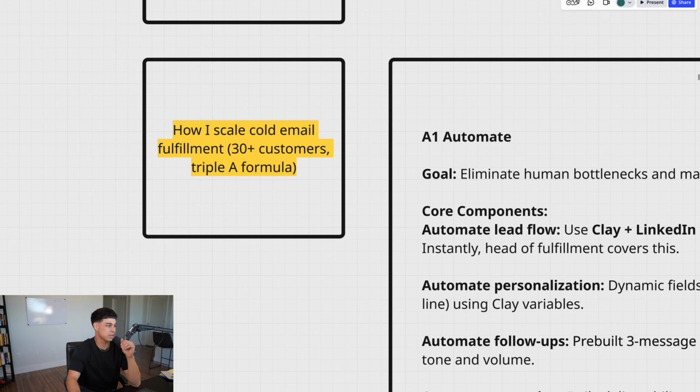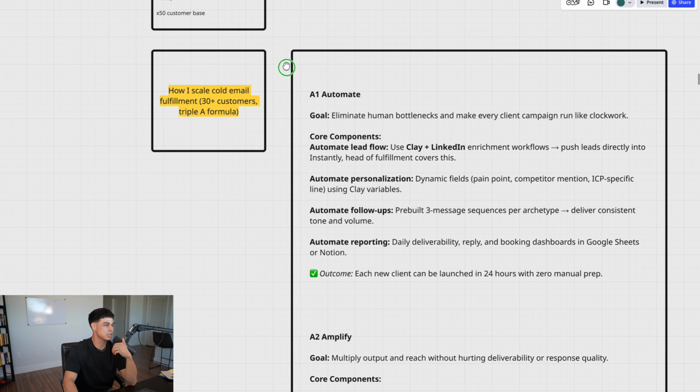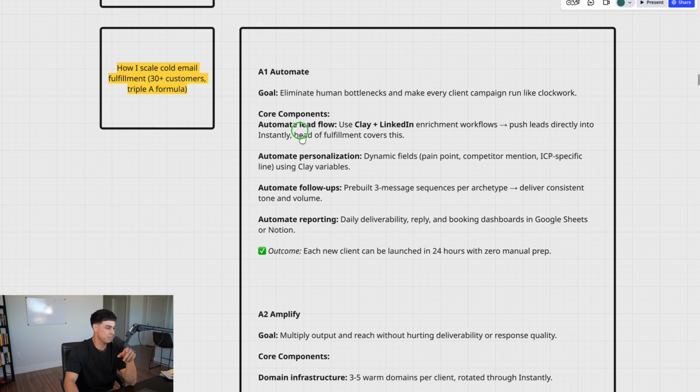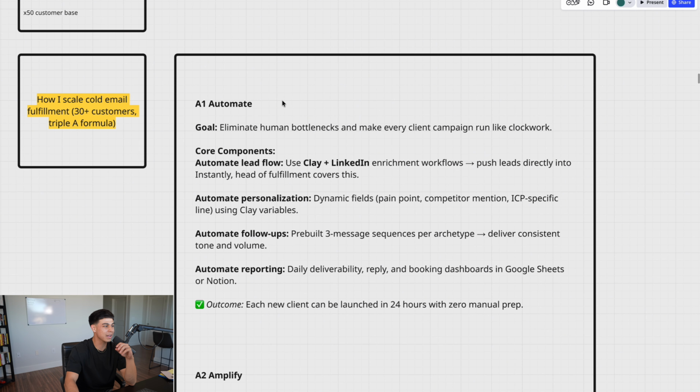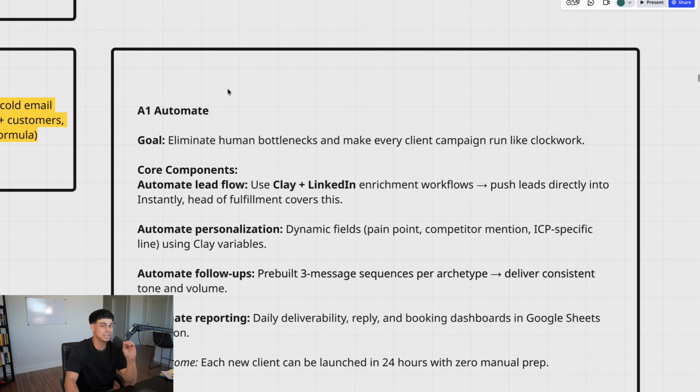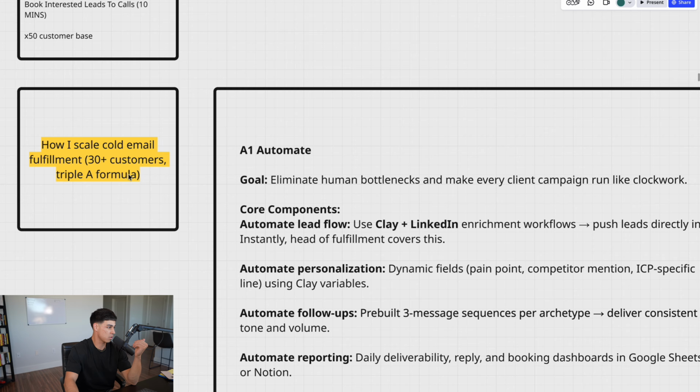So first of all, I have this system that I just came up with. It's called the AAA formula. Okay, it's automate, amplify, and ascend. Yes, I used AI for this because I was trying to come up with something catchy, but the principles are the exact same regardless. This is what has allowed me to pretty much scale cold email fulfillment across 30 different